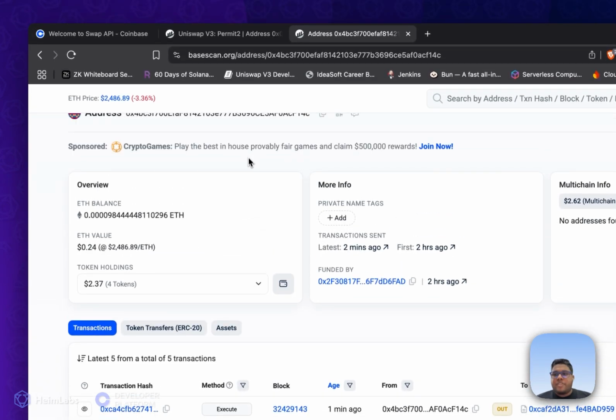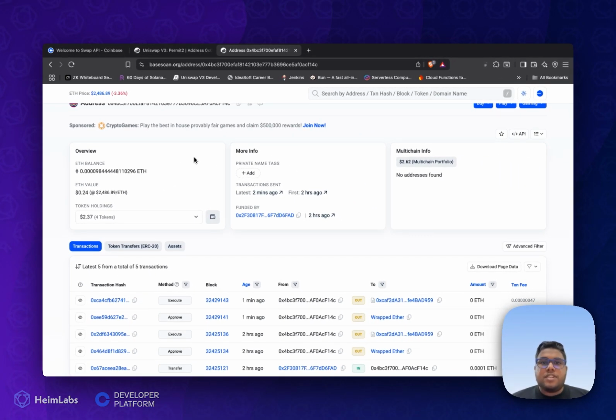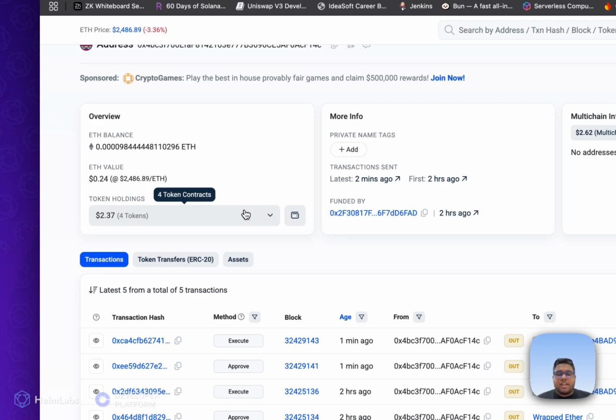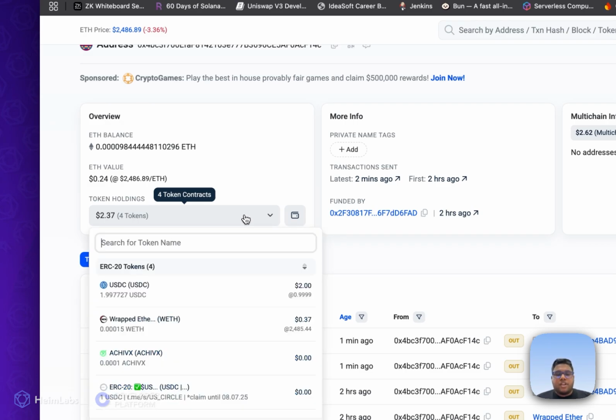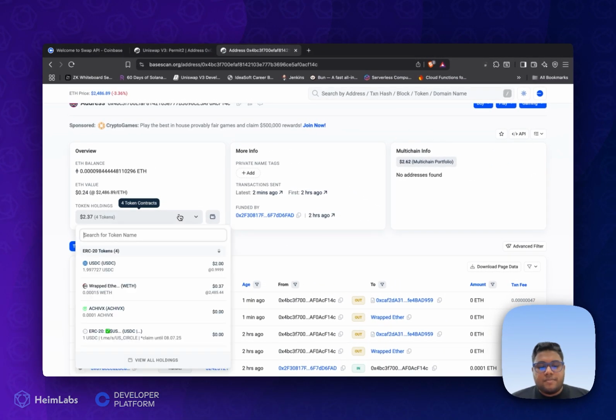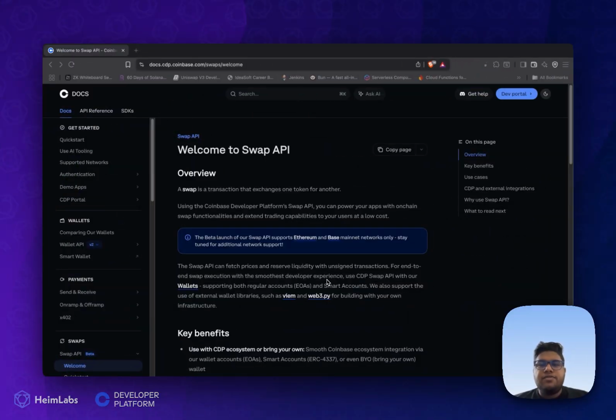We were able to swap BET to USDC with just a single function call. You can use any approach that you like. You can use approach one if you want to have the swap functions done directly using the CDP SDK, or you can use approach two as well if you want to have more advanced control over your swap transactions. And that's a wrap. We have successfully used the Coinbase Developer Platform to integrate a production-grade on-chain trading engine